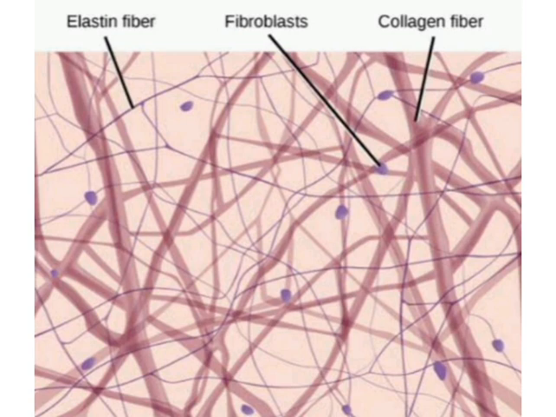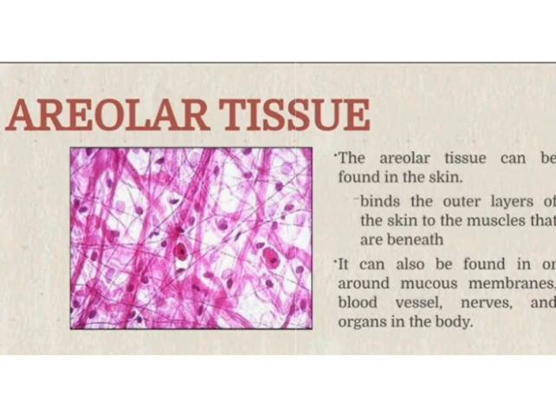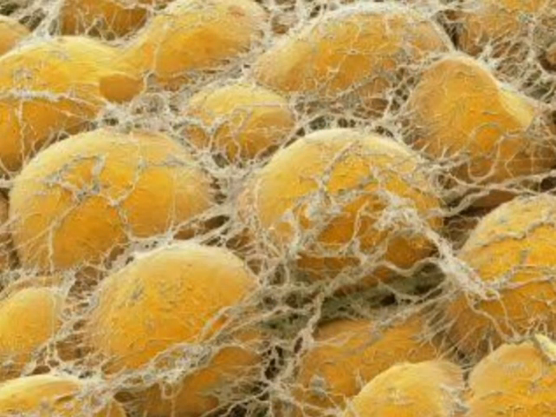Areolar connective tissue is named after the airy appearance of the tissue. This tissue is found between the skin and muscles, around the blood vessels and nerves, and in bone marrow. It connects our skin with underlying muscles. It is also present under the epithelial tissue of all body systems that have external openings. This connective tissue fills the space inside the organs, supports internal organs, and helps in the repair of tissues.